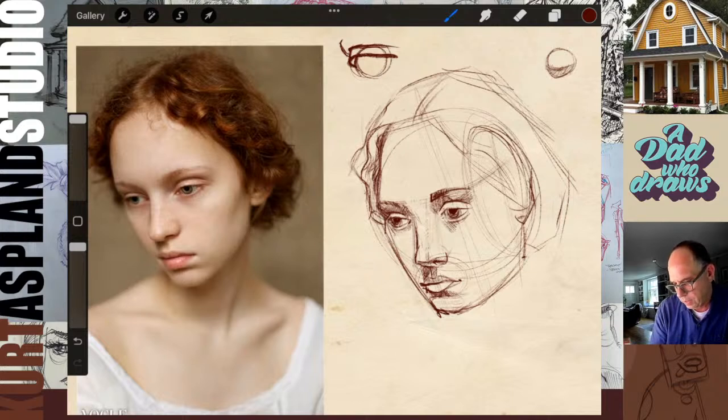All right, let's bring this over here with some surface lines. All right, let's get this other side now. She's got this beautiful curl here.